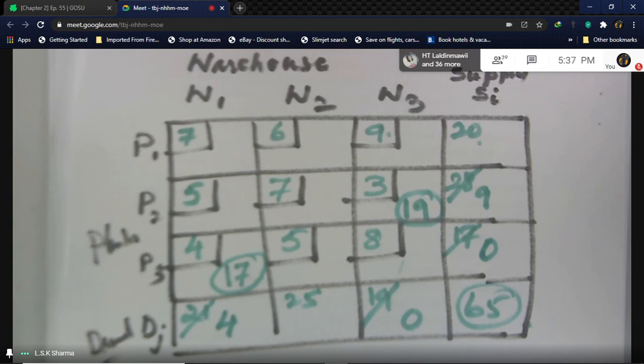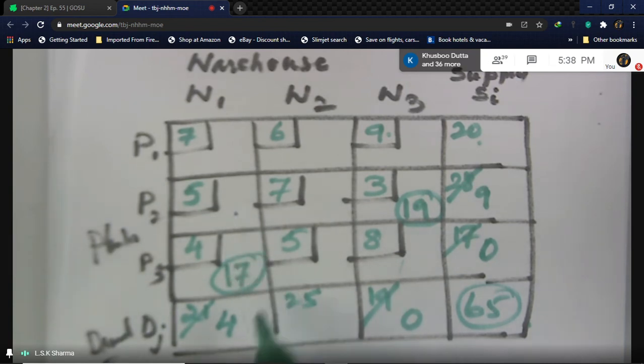Okay, now once I have this, again, what is the next least cost? I have 2 least costs out here. One is 5 here and another is 5 out here. Can I allocate this 5 out here? I cannot, because there is a 0 already here. So I can forget this one. Okay, so I'll see this one.